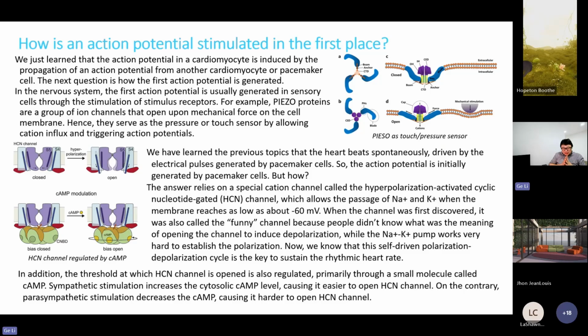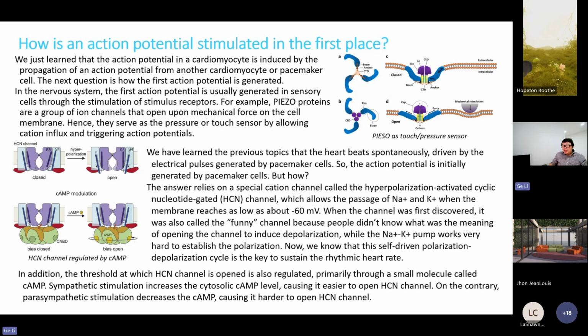When the scientists first discovered this channel, they had no idea what its function was, because all of the other channels they had found are activated by a certain high level of cell membrane potential. But this is the only one they have found that opens when the membrane potential is reduced to a certain negative level. Since they did not really know its function, they actually gave it a name: